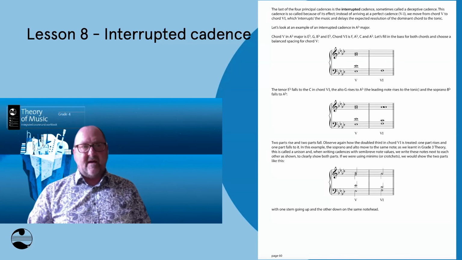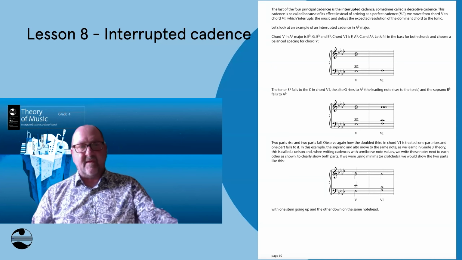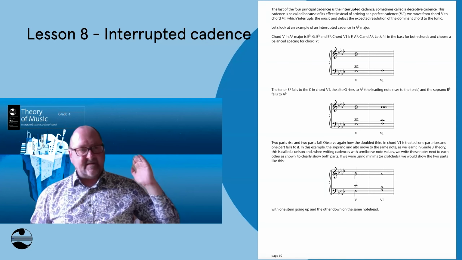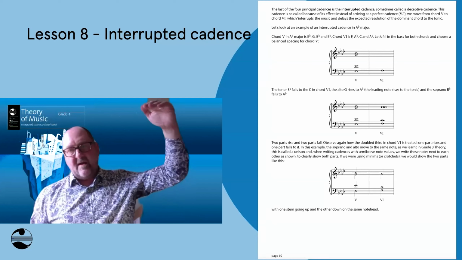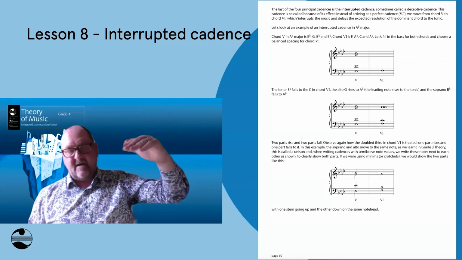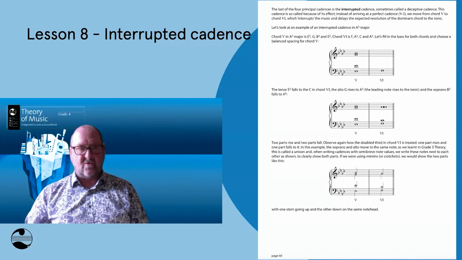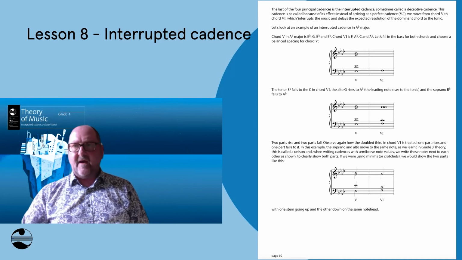Chord 6, I will say one of the other reasons we double the third in chord 6 is because if you look in the middle of the page here, one voice will always lead very elegantly up to the doubled third, and another voice will come down on it by step. That's another excellent reason to double the third in chord 6. And I think that's all I need to say about the interrupted cadence.